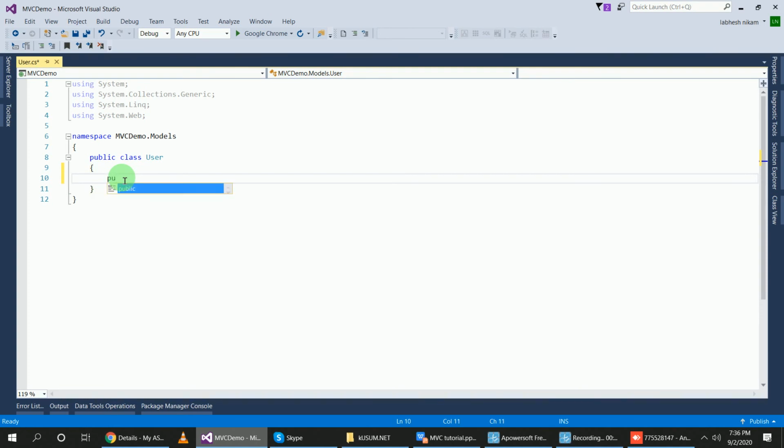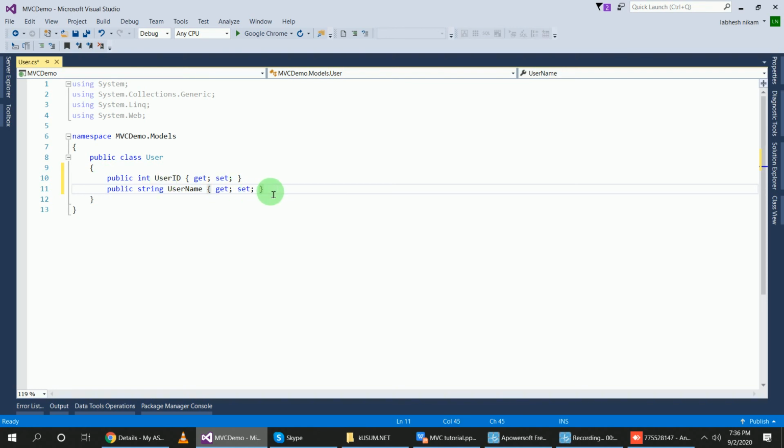So how to write: public integer user ID, get set; public string username, get set.